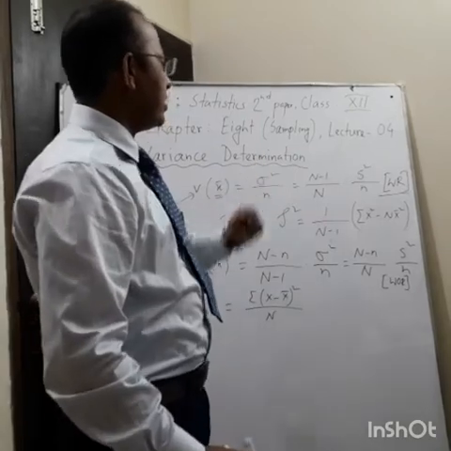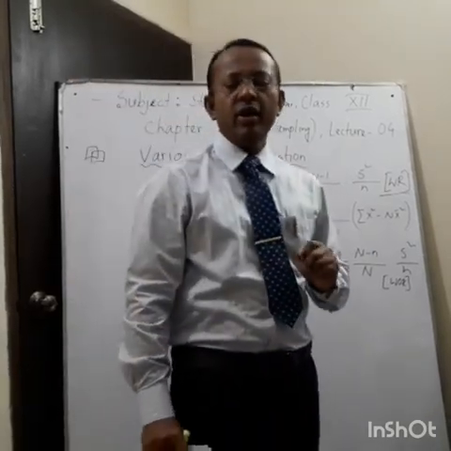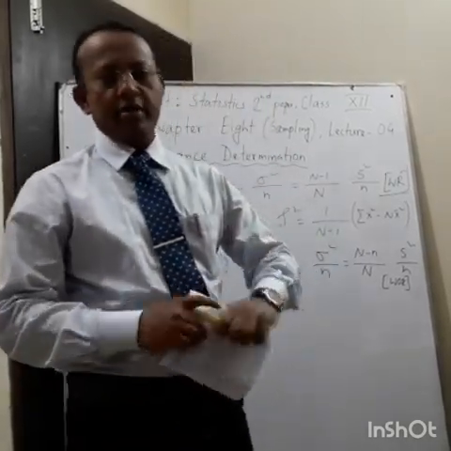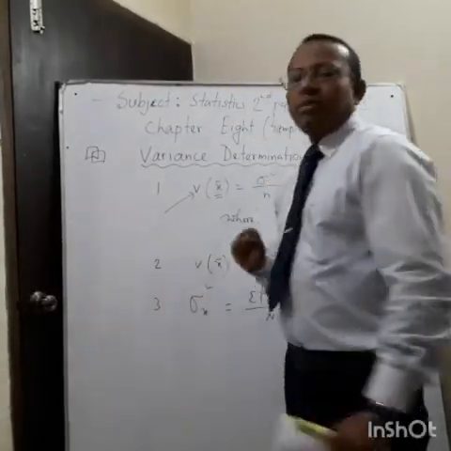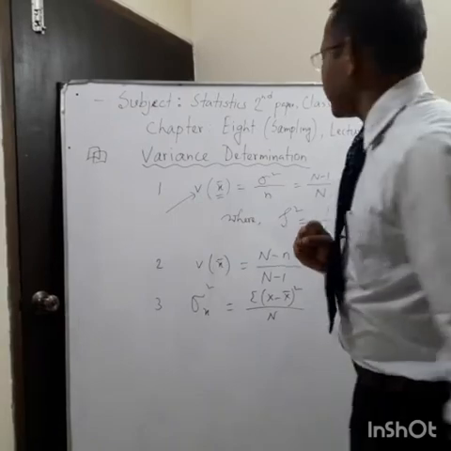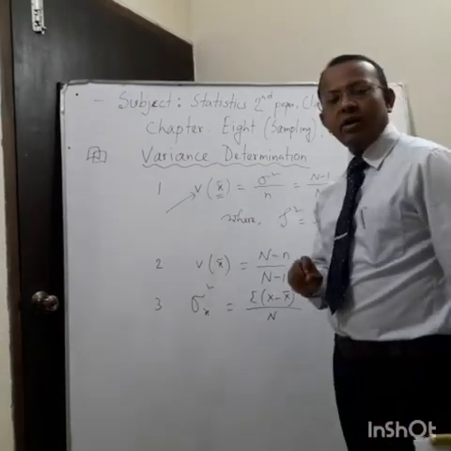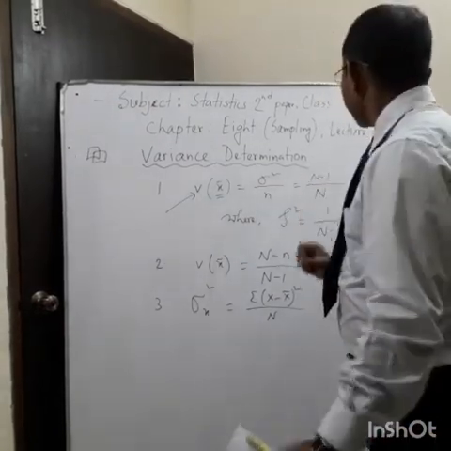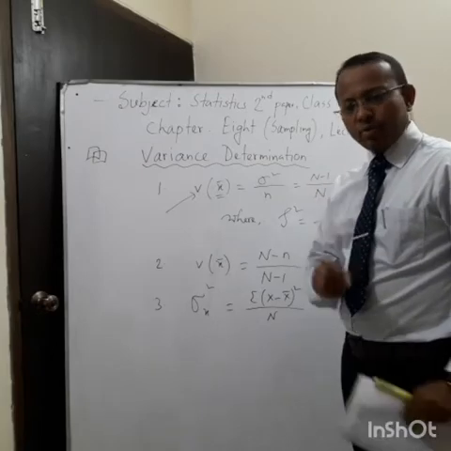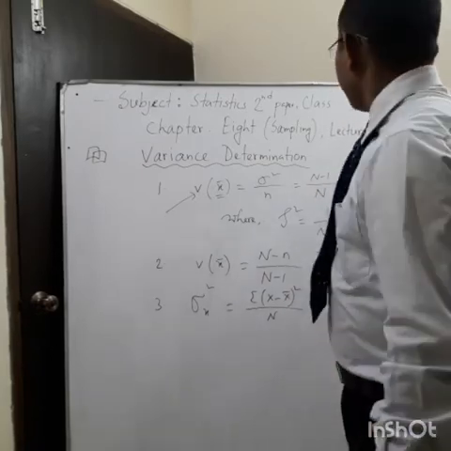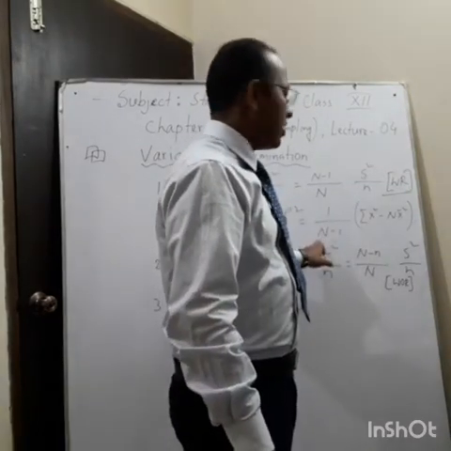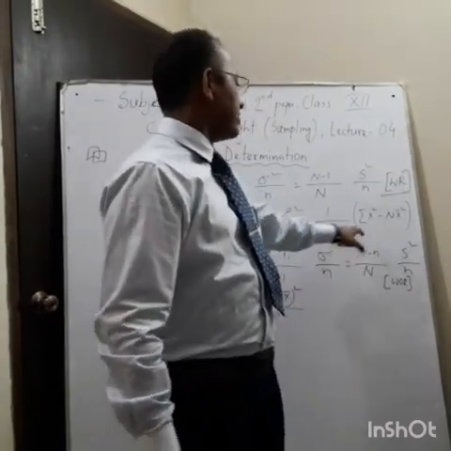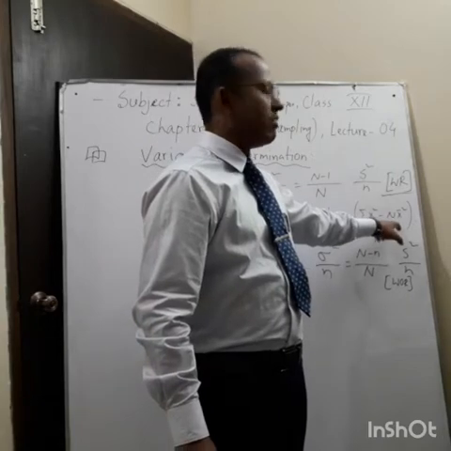What is capital N? What is small n? And what is sigma square? Sigma square is the population variance, capital N is the population size, small n is the sample size, and